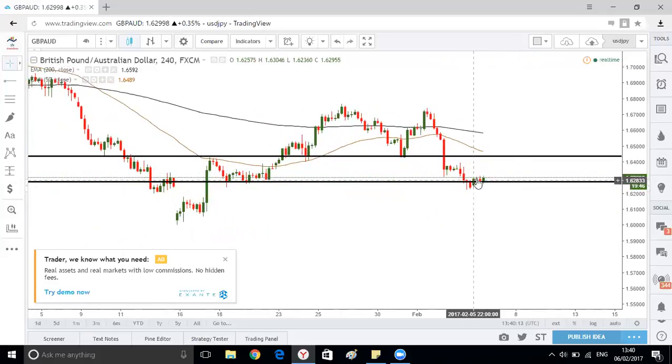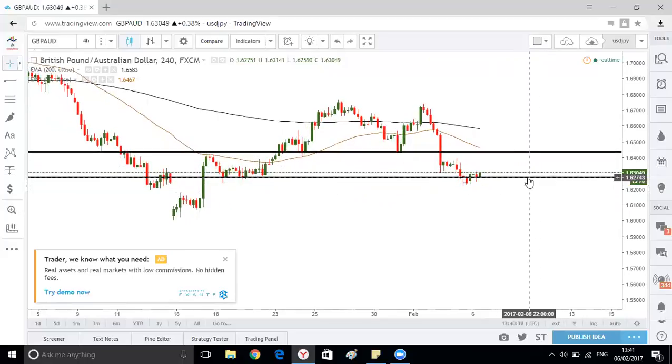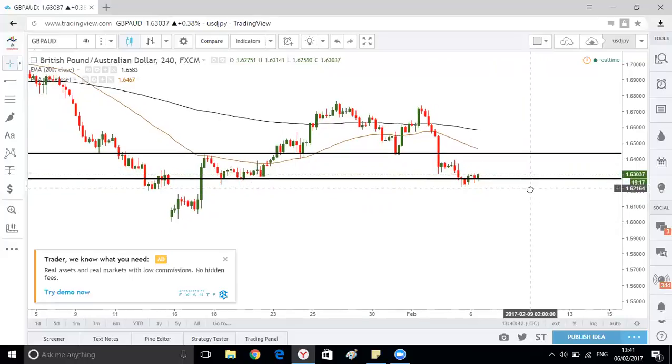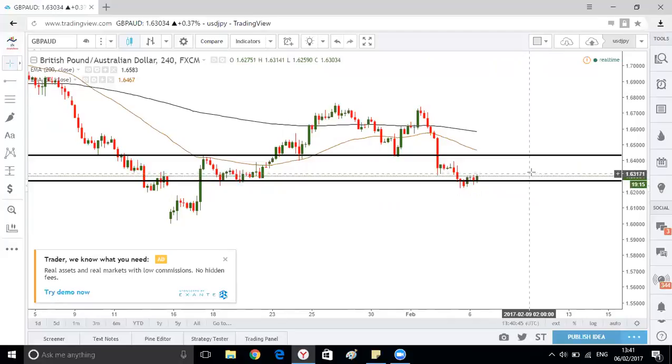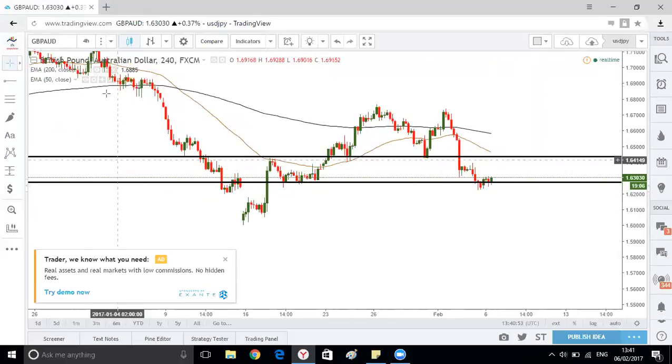If, say for instance, prices go all the way back up here, make a new lower high to this level, and if we get an entry here and prices come all the way down to this level, and if we see prices failing to break this level, we're going to close this trade. If we see that by this point, our stop loss will be in profit. So we'll set a stop loss to break even or profit, and for us to go further short from this level, we'll have to wait for this level to break. If it shows a rejection of failing to break, then we'll close the trade at that point. And our take profit will be around about here, previous low. This trade, okay, next,